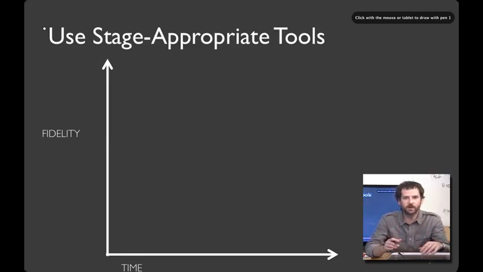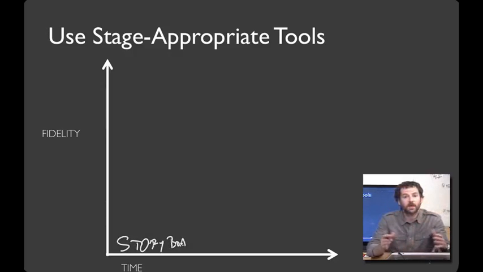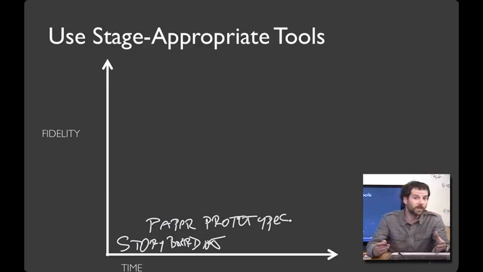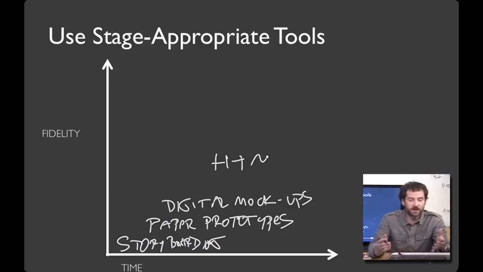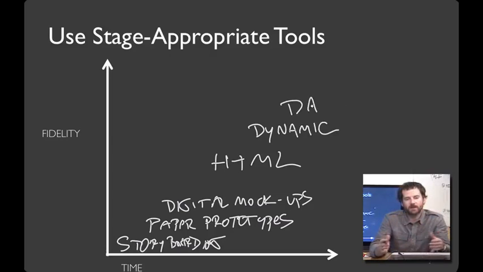So, for example, you might start out by storyboarding, which is the first technique we'll learn today. That'll give you a sense of the tasks and scenarios you'd like to support. Then you might move on to paper prototypes, and from there, digital mockups. Then, if you're in the web domain, some static HTML, and only then get dynamic, add in the database and